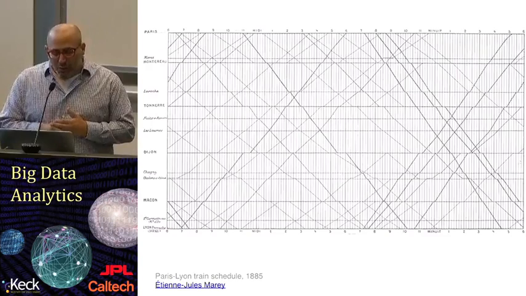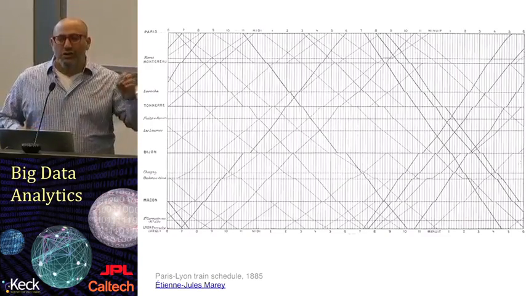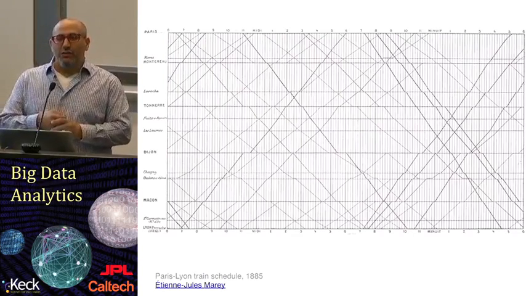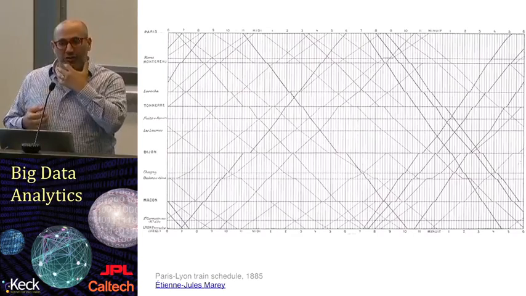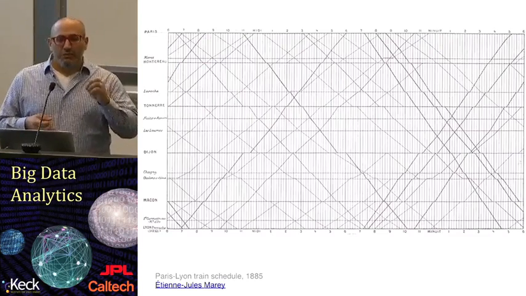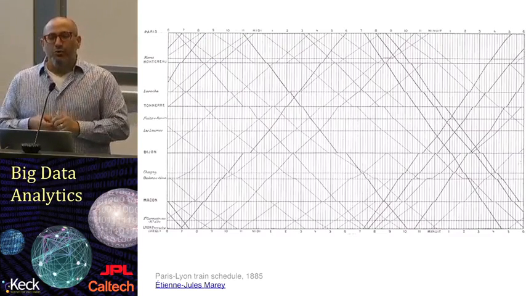And this is Marey's Paris to Lyon train schedule. And this comes from 1885. It's one of the sort of masterpieces of visualization. And what I'd like to do is show you how something even as marvelous as this can be improved with